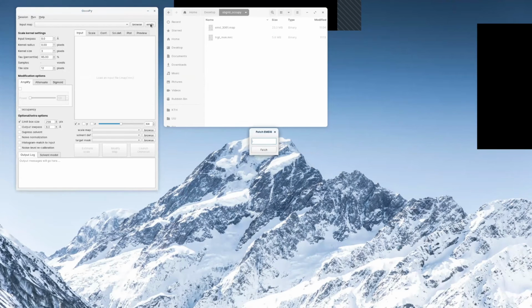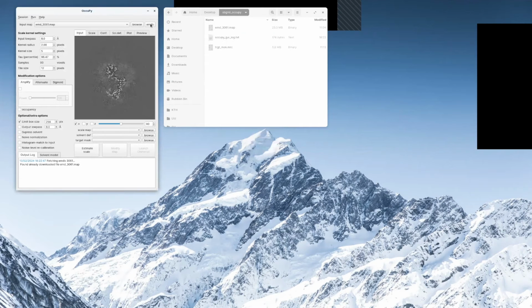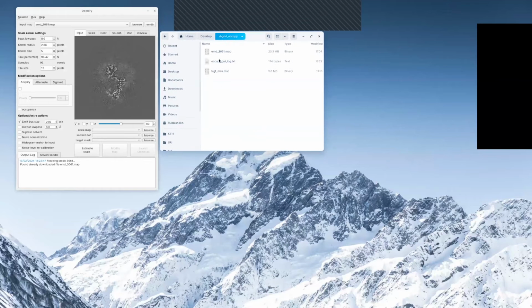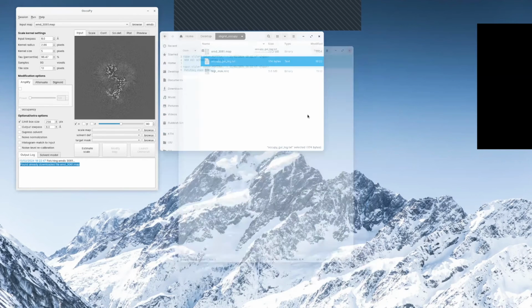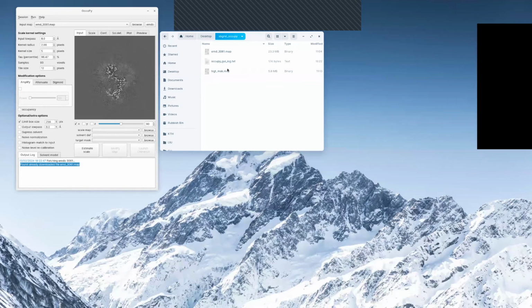And what I'm going to start by doing is just fetching an EMDB entry, which is the gamma secretase. So this is now a view of the folder where we are processing as well. Just to show you that this map is now fetched from the EMDB. Once I started fetching, it also started to log this, and there's a text file here, which is basically just logging everything that happens. This is a target mask that I will use in a bit.